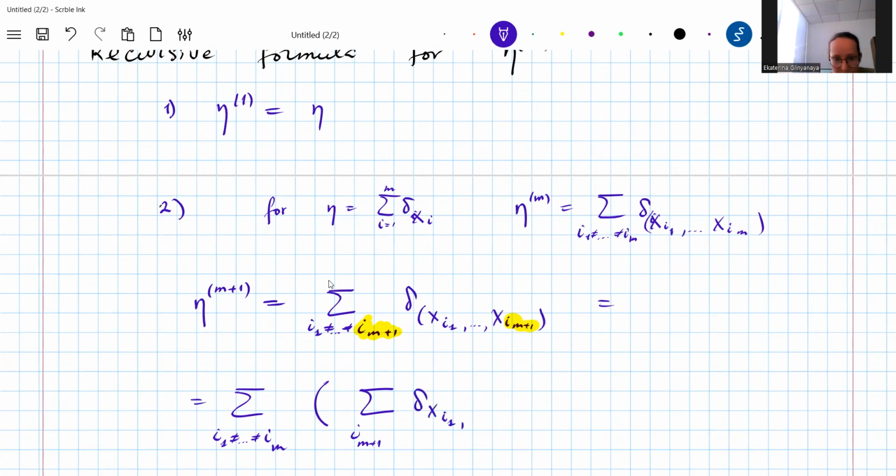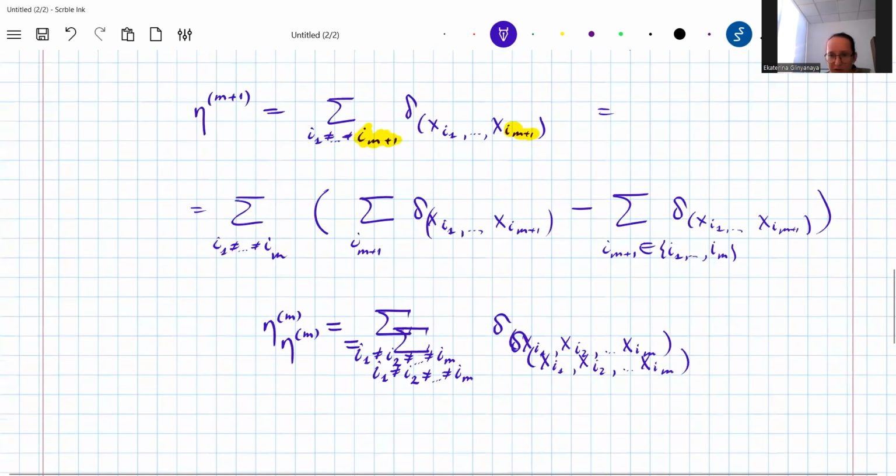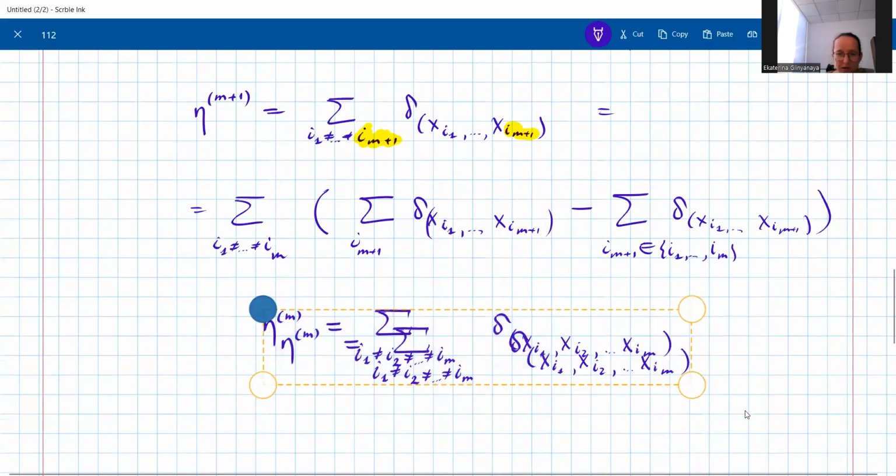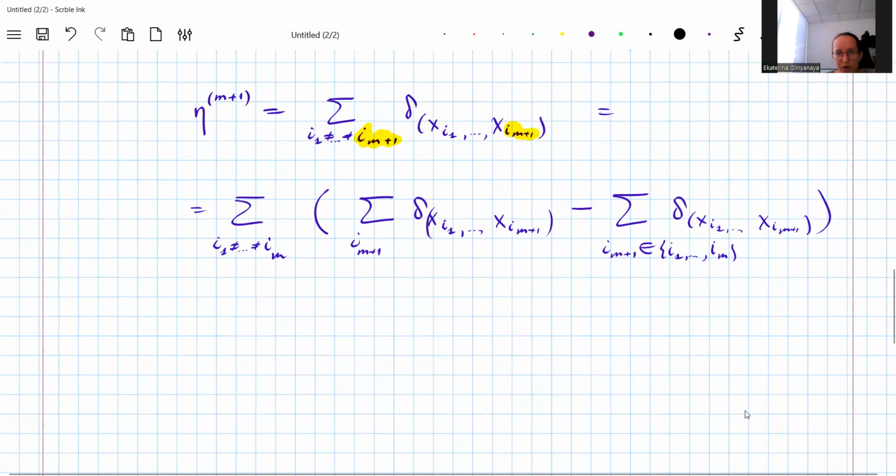The x_i1, x_i(m plus 1), minus, so I add all of them, so I need to subtract those which are equal to this one, so from the previous subset x_i1, x_i(m plus 1). So with this in mind, we can write the